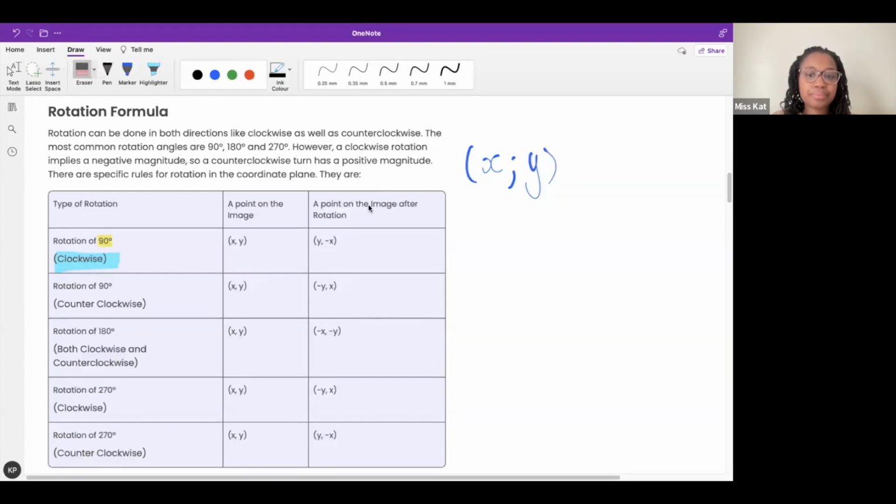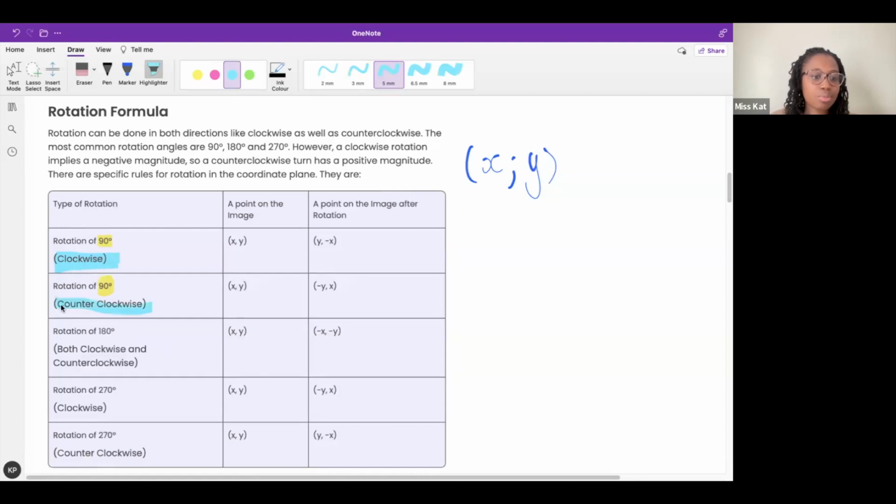Ma'am, the y coordinate is put first, and the x coordinate becomes negative. Wonderful. Thanks, Novoyo. So we swap the coordinates and then it becomes negative. Okay. So those are our two differences between our original coordinates and my new coordinates after I rotated 90 degrees clockwise. Now I'm going to rotate it 90 degrees counterclockwise, which is the same as